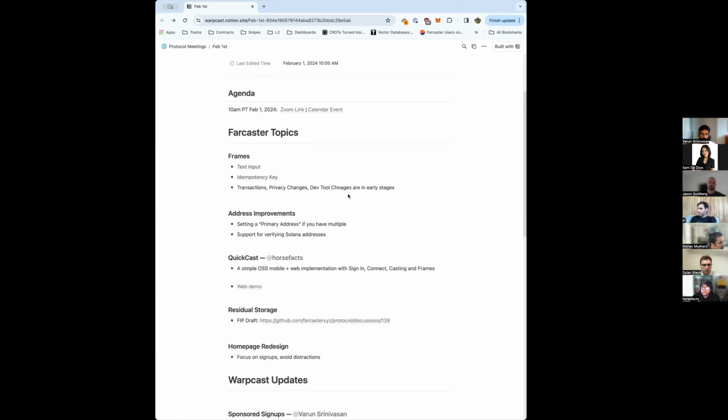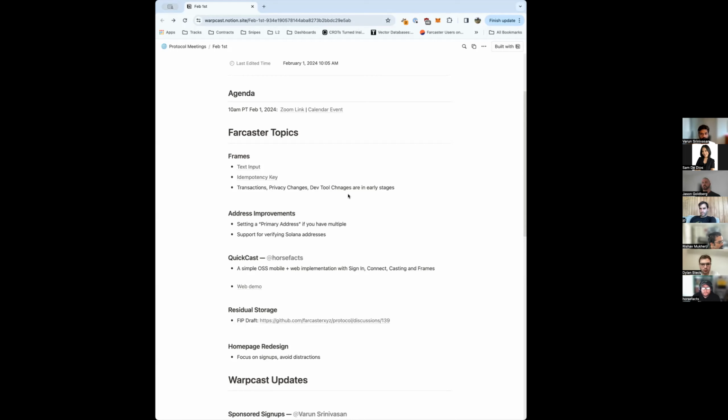Second set of changes that we're working on are privacy changes. So right now, when you load a frame, you load it directly from the frame server. So in theory, the frame server has this list of IP addresses of everyone that's visiting it. We're going to make a couple simple changes to proxy those requests so that the IP addresses are masked, so it's not actually exposed to the frame server.